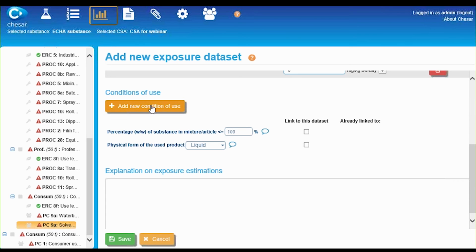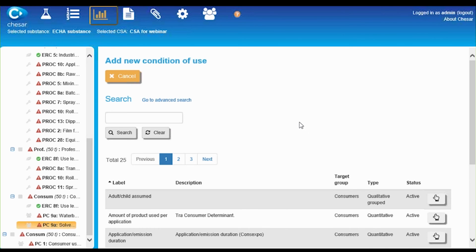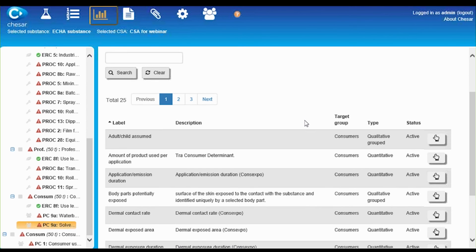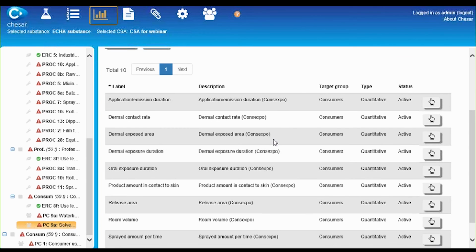To add them, you need to have it in your library. ECA will soon make available condition of use needed for a Consexpo-based assessment on Chesar website. At that time, you can download them and use them for a Consexpo-based assessment. Imagine that you have uploaded already from the Chesar website those condition of use. You can search them by a keyword, Consexpo, for example, and you have it here in your